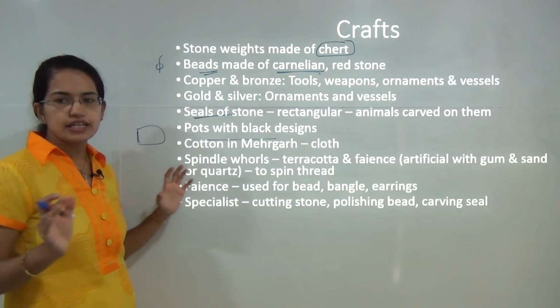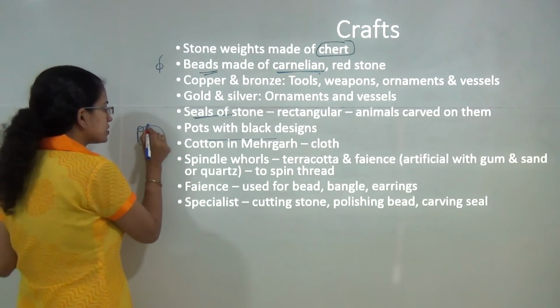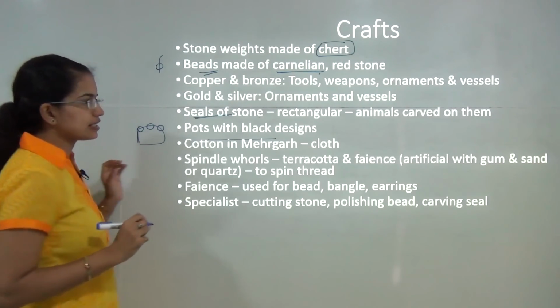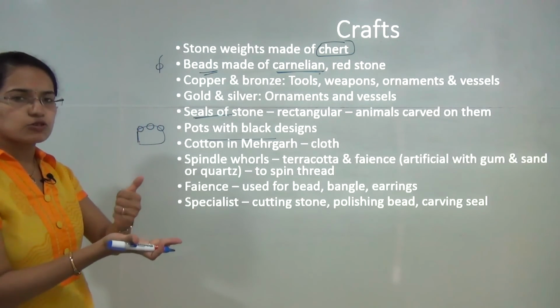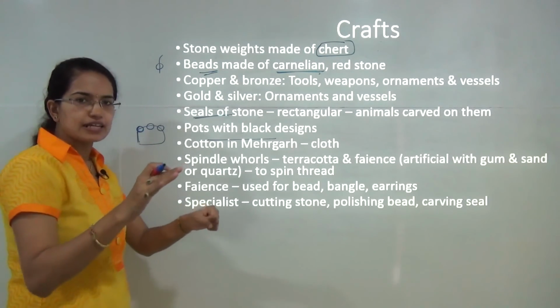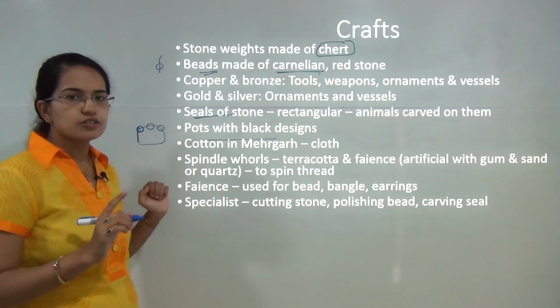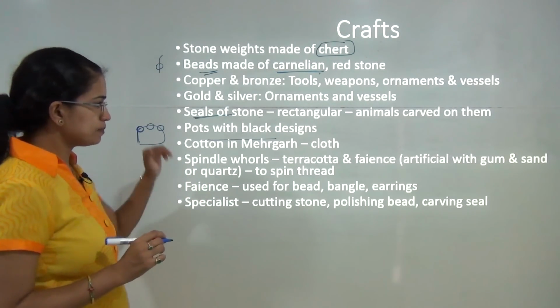So you had, let's say, an envelope, and that envelope you marked up with the seals. The seals that they created, they just stamped on the envelope so that it proves that this package could not be broken off, and these seals were unique again to the Harappa civilization at that time.